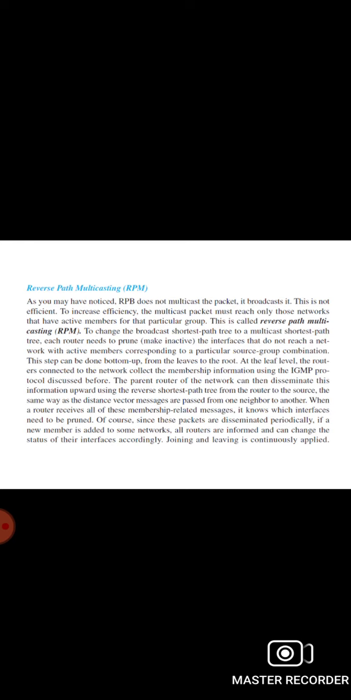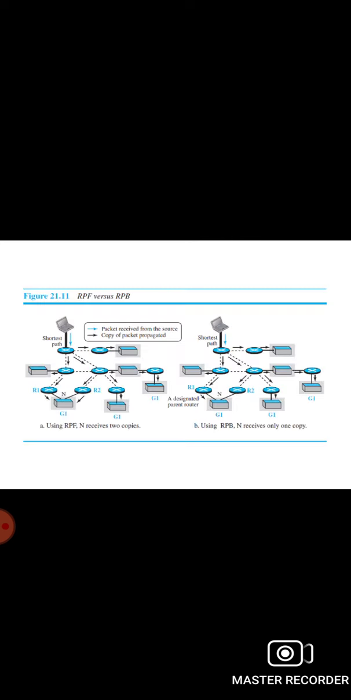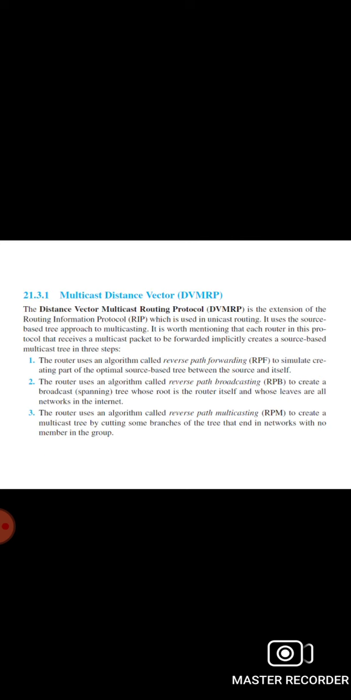Now let's move on to DVMRP, that is the distance vector multicast protocol, which is an implementation of multicast distance vector routing. It is a source based routing protocol based on RIP. And the CBT, that is the core based tree protocol, is a group shared protocol that uses a core as the root of the tree. The autonomous system is divided